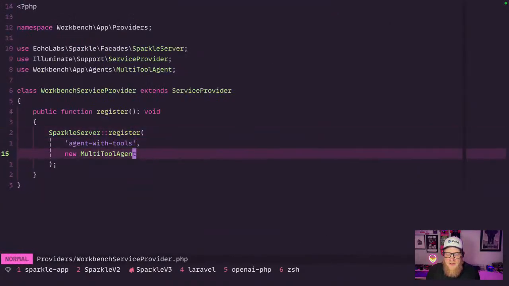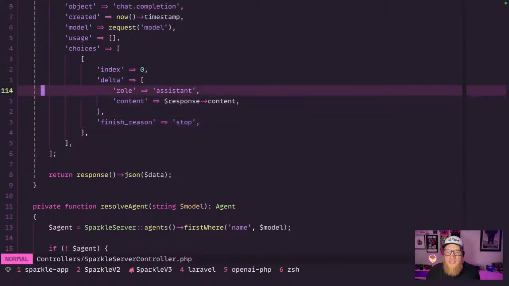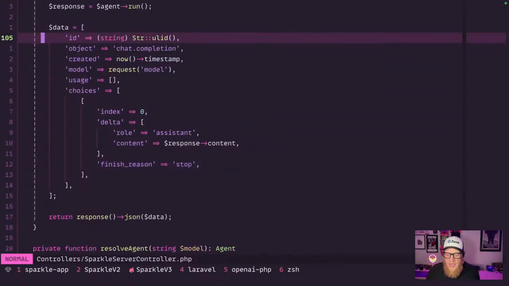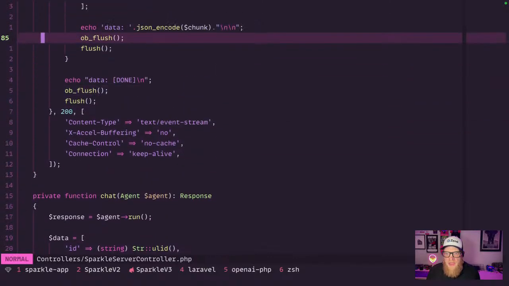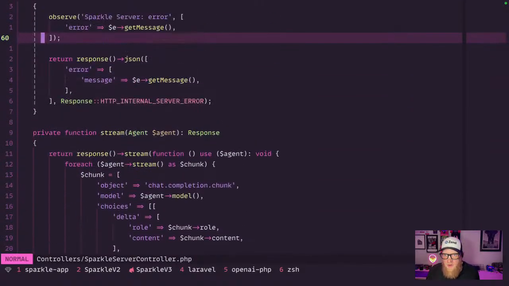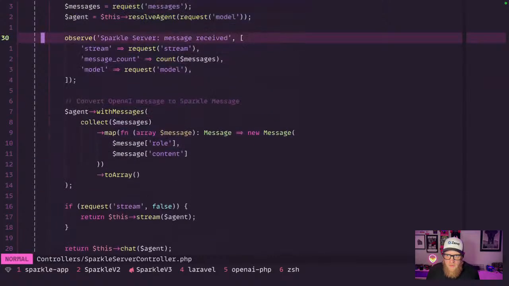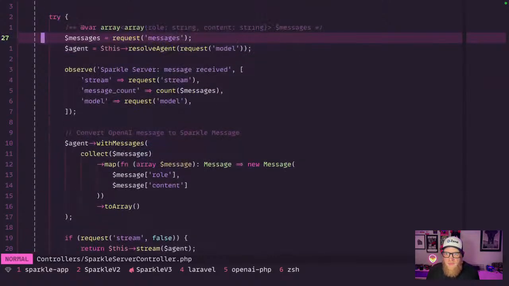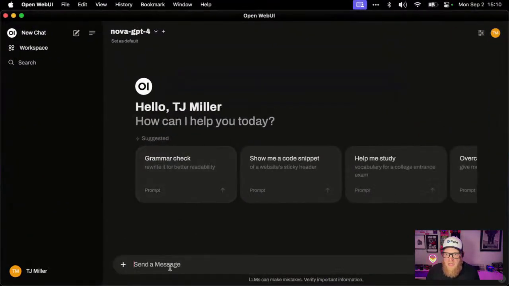We attach it to Sparkle Server, and then you can just use the OpenAI chat completion endpoint to talk to this agent. So it continues to make sense to pass the conversation to the conversation provider late, because of the way that it works in a chat context. We get the messages, because the way the API will work, you have to send all of the messages as context back and forth between the client and the server. So when we go here and say,